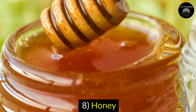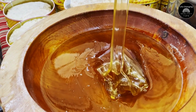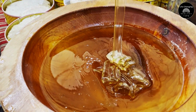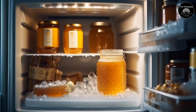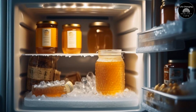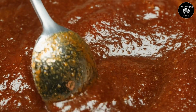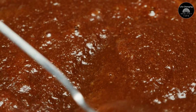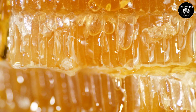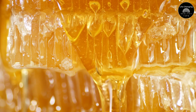8. Honey. Honey has a unique composition, primarily consisting of sugars like glucose and fructose, with small amounts of other compounds such as enzymes, vitamins, and minerals. When honey is refrigerated, the cold temperatures encourage the sugars in honey to crystallize. This crystallization process is natural and does not harm the honey, but it can alter its texture, making it gritty rather than smooth. Additionally, refrigeration can lead to moisture absorption from the air, diluting the honey and potentially affecting its